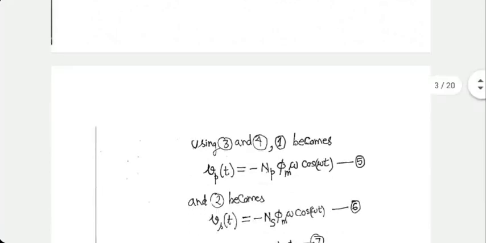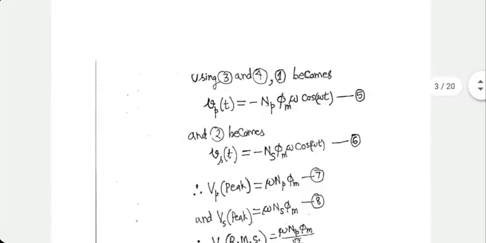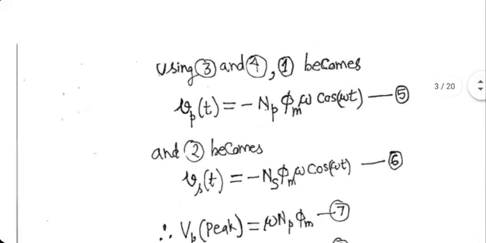Okay, and the minus sign remains as it is. And omega comes out, of course. And similarly, vs(t) is also written as equation 6. So the peak value of primary EMF, sorry, you forget the minus sign. The minus sign can be absorbed by putting a 180-degree phase shift